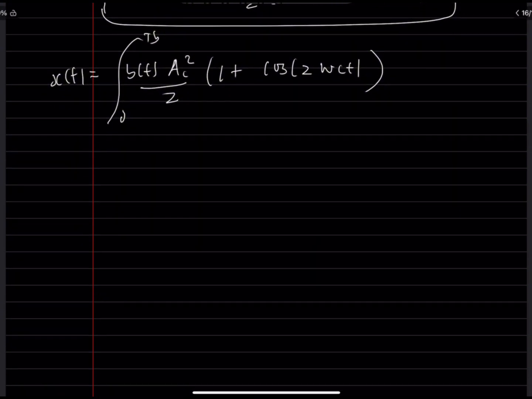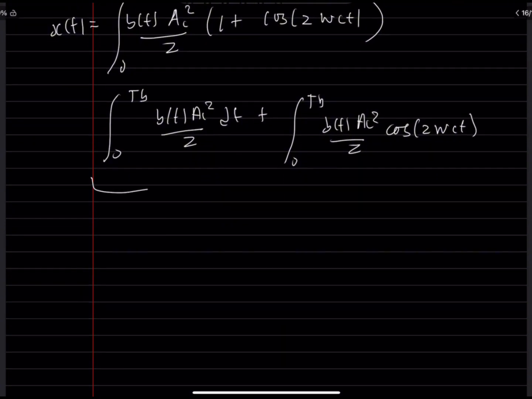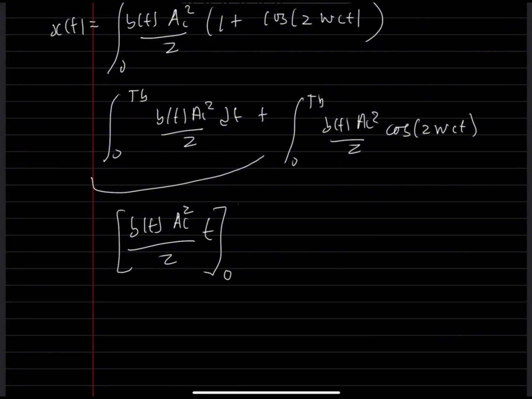So if we expand it, we get the integral from 0 to T_b of B of t A_c squared over 2 dt plus the integral from 0 to T_b of B of t A_c squared over 2 cos 2 omega_c t. When we integrate this, we get B of t A_c squared over 2 t, and the limits are 0 to T_b,